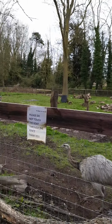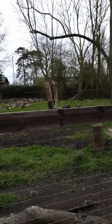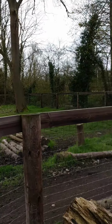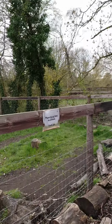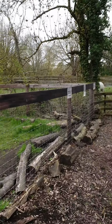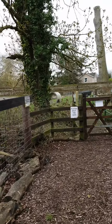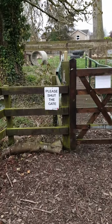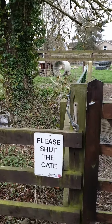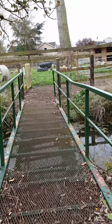So for now we'll say goodbye to Brian and Brittany, and we will head down our woodland path, which will then take us to our next paddock. Just take this nice and steady. So just in front of us here, as I'm going to go through the gate, you should be able to see another paddock approaching us, which is where our goats are. Just go across our bridge,